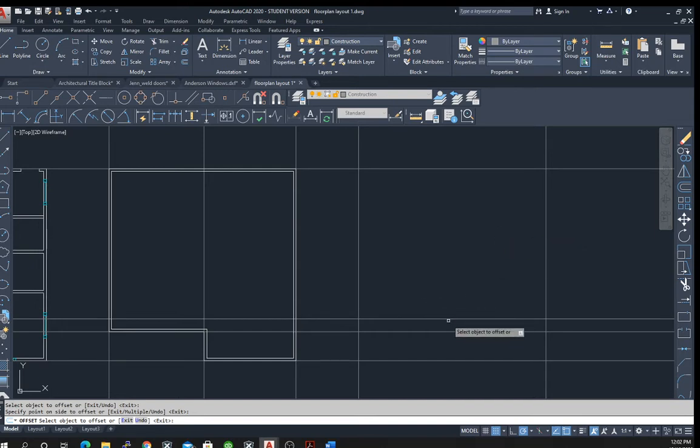So that's where our actual floor will start. Now, next assumption is going to be ceiling height. We're going to assume that we have an 8-foot ceiling